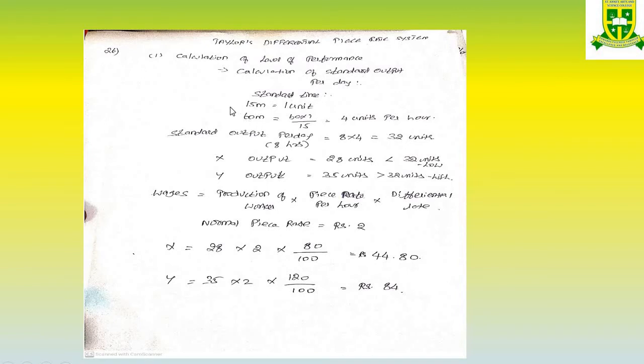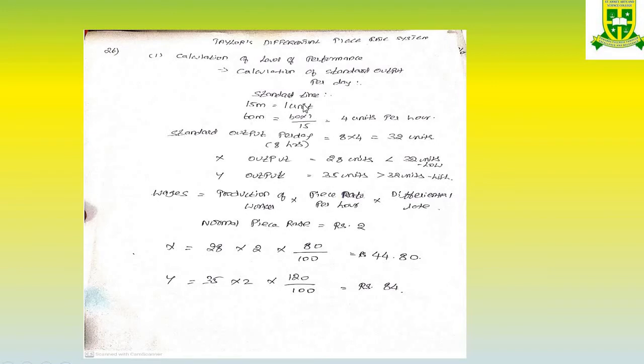Seconds can be converted into minutes, minutes can be converted into hours, and hours can be converted into per day. Here minutes has been given. So how can we convert it into hours? In 1 hour, how many minutes are there? 60 minutes. So I am applying 60 minutes, because both pieces of information have to be in the same unit to get a correct answer.